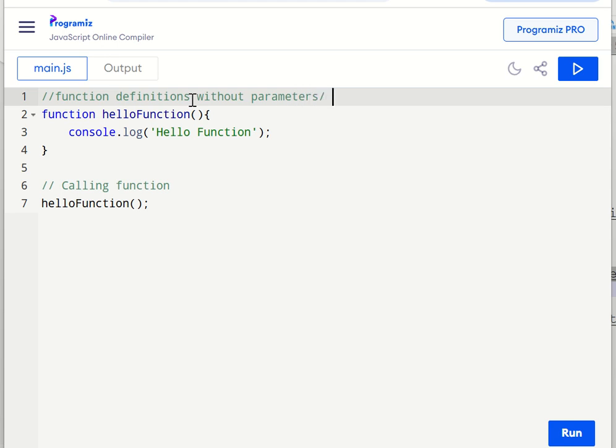Parameters or arguments. Don't confuse argument and parameter. It is the same thing, only the name is different. Arguments. Okay, so